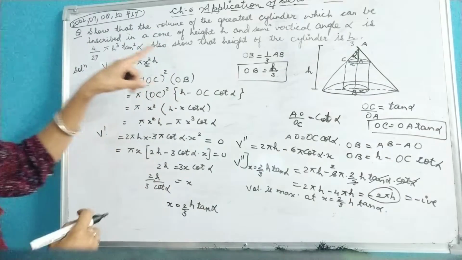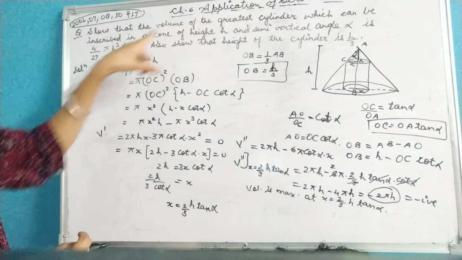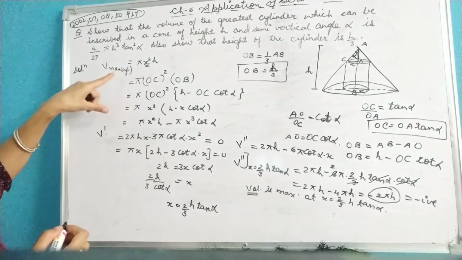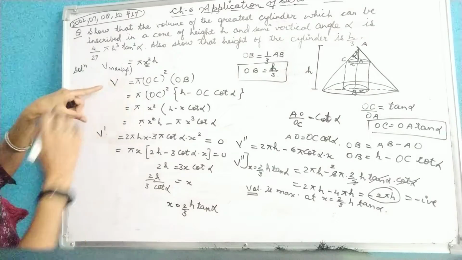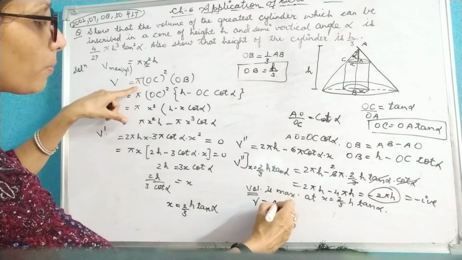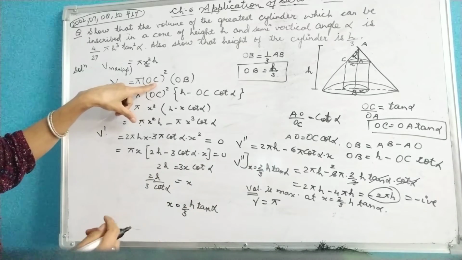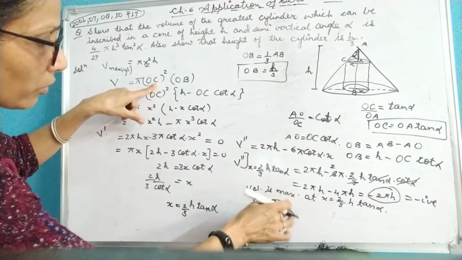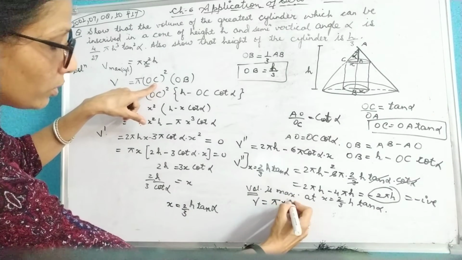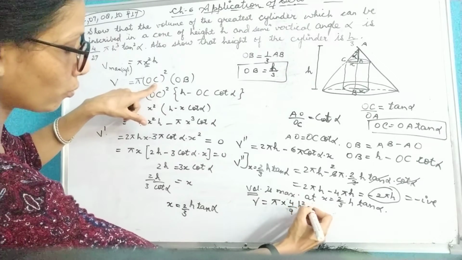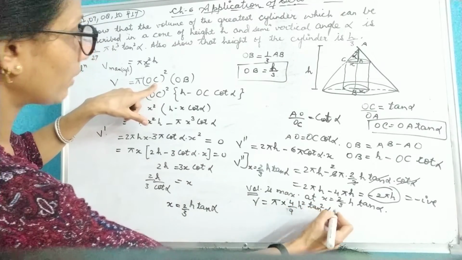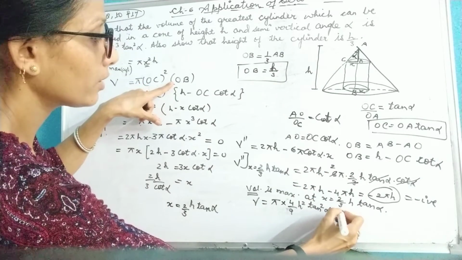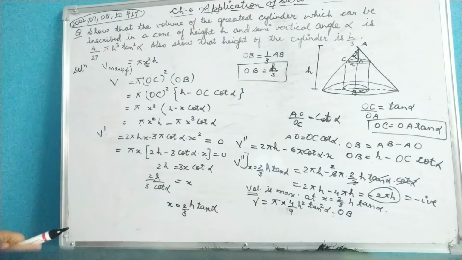Now in the question here it is given that you show that the volume is this much. So you want to calculate volume. So you put all these values in the given question. This is my volume. So volume will be equal to pi. What is your OC? OC is your x. So here this is your x. That means 2 by 3, or I can just directly square it. So this will be 4 by 9 h square tan square alpha. And what is your OB over here? So let it be OB. Okay. Now you calculate it.